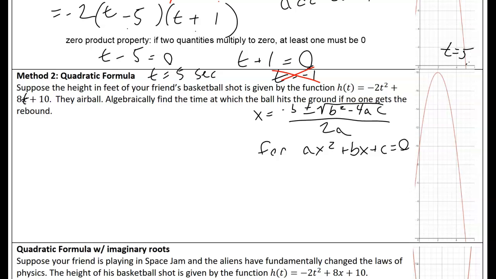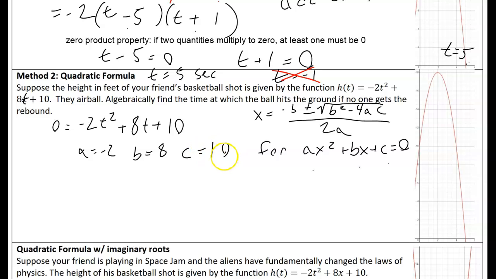So I'm going to set my equation equal to 0 always. And then I'm going to find my a, b, and c. Notice I have ax squared plus bx plus c. So a is -2, b is 8, and c is 10. And then I'm just going to plug it in. So I'm going to say x equals -b plus or minus the square root of b squared minus 4 times -2 times a times c